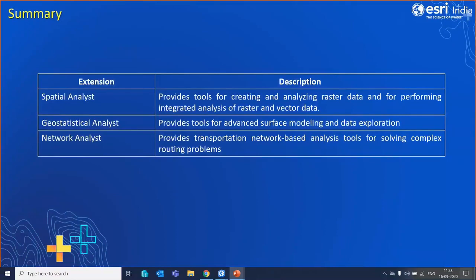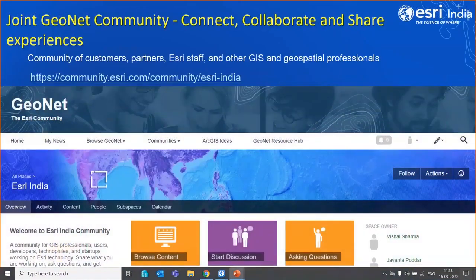It would be really interesting to get the flavor of ArcGIS Pro. So to summarize, we saw these two extensions today in addition to our add-ins. So we highly encourage you to use our trial version and see how you can bring all these extensions. You can test it out.